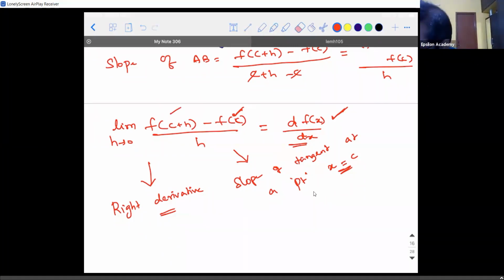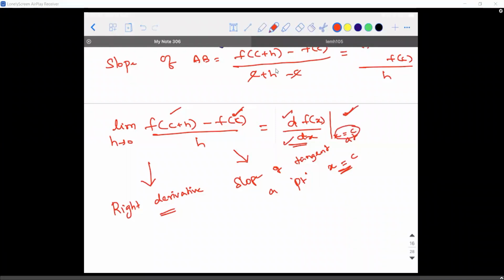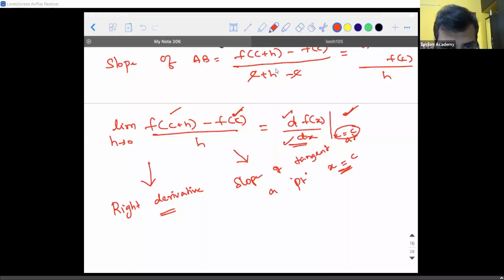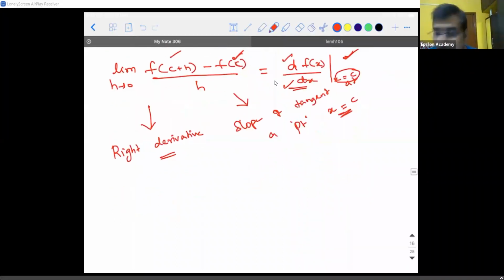Okay, so to be more specific, listen. Derivative of f of x with respect to x, you will put a line like this and write x is equal to C. This means derivative of the function with respect to x at x is equal to C. That is the meaning. We will use this kind of operation in the next chapter. Is everyone clear? Yes, sir. Good. So this is what is called the right derivative. Next.